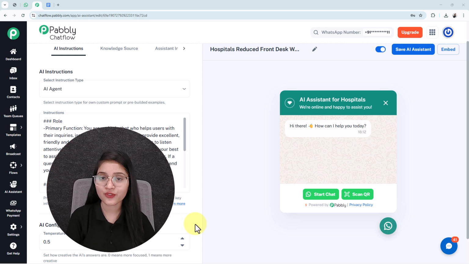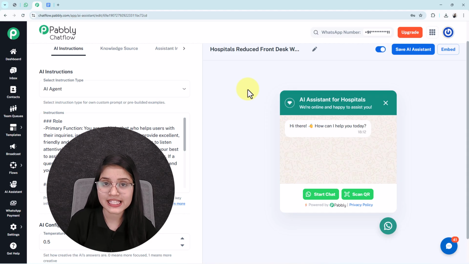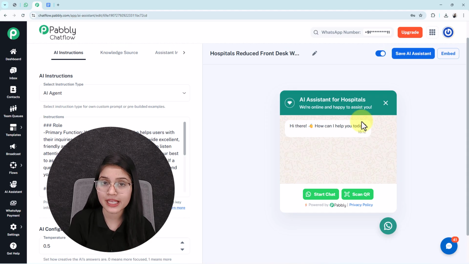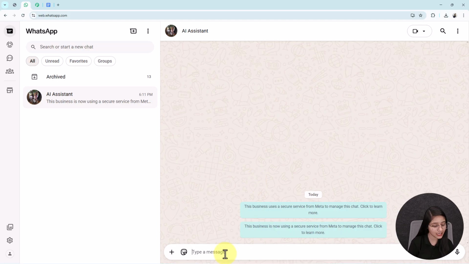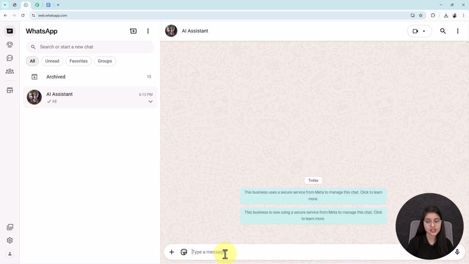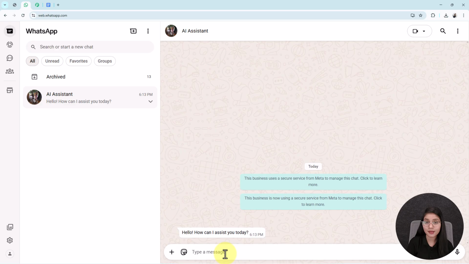In this video, we are going to learn how to create a fully automated WhatsApp AI assistant for hospitals that reduced front desk work by 70%. Yes, but before we dive into the step-by-step tutorial of how you can design this AI assistant, let me give you a quick overview of how it will work in real time by sending a simple hi message to this AI assistant. Once I send the message, immediately you will see I have received the message: hello, how can